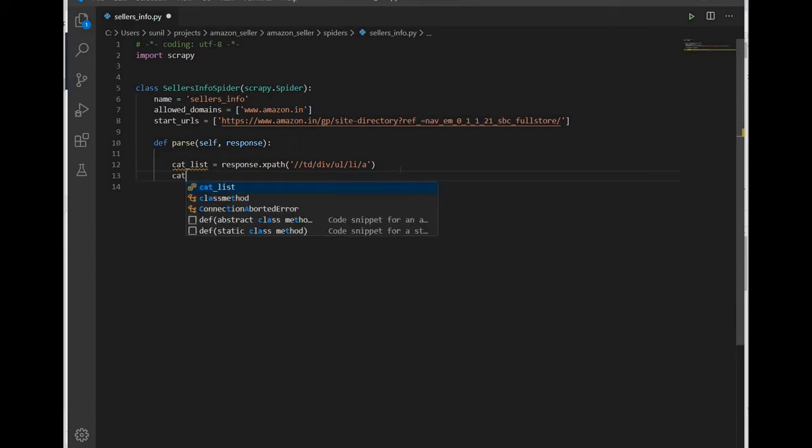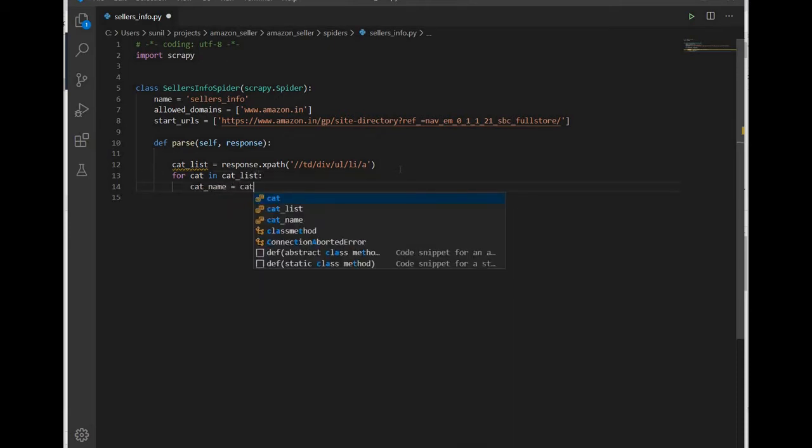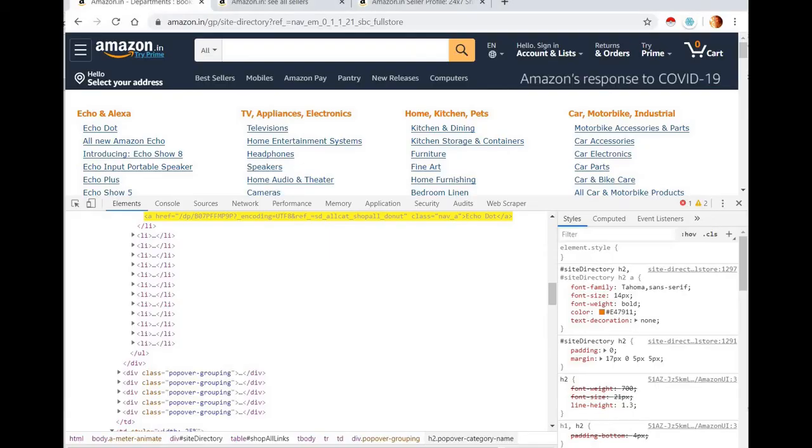So for the name, for cat in category list, category name is equal to cat.xpath. It's a name, right? So we need text. Let me go back to that. From this till the a tag we got everything, but for the name we need this text, and for the URL we need href.